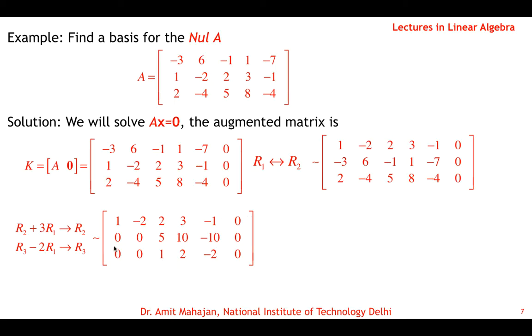In the second row this becomes the leading element, so we have to make the element at the 3,3 position 0. These elements are multiples of 5, so you can divide the second row by 5 and make this element 1 and then reduce, or you can reduce and then later make it 1. Either way. So here we are doing 1 by 5 of row 2 with the impact on row 2, making this element 1. So 1, 2, minus 2; the first and third rows remain the same. Then row 3 minus row 2 with the impact on row 3 to make this element 0.